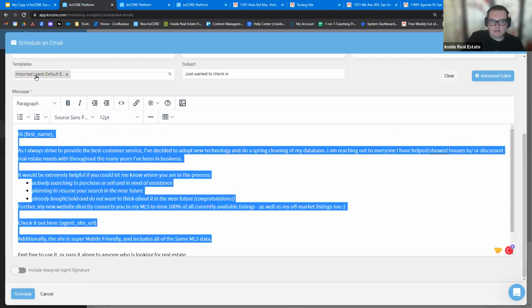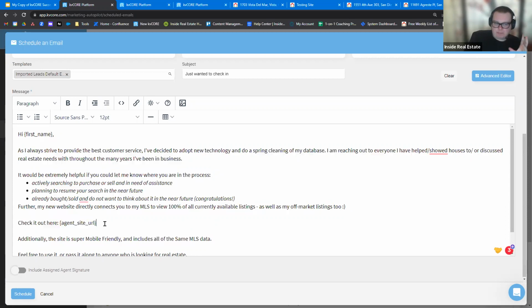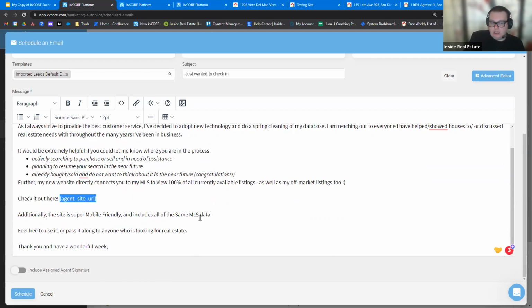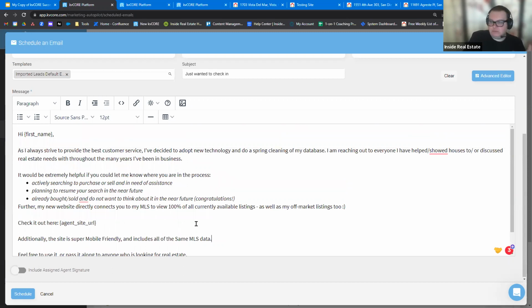Now, this is the thing. This template's there for you to use. Guide people to your agent site URL. Generally, if you just remove that second part there, this will drive people to your site for many different reasons. But if you want to add to this, just state that your site, let me just add into that. The site